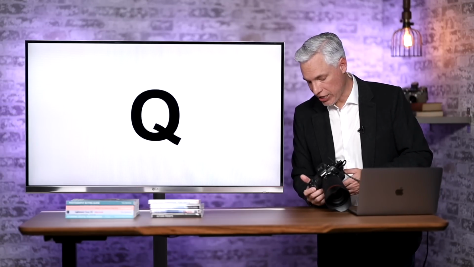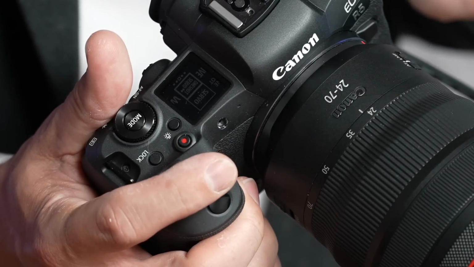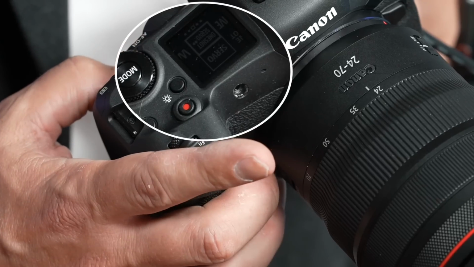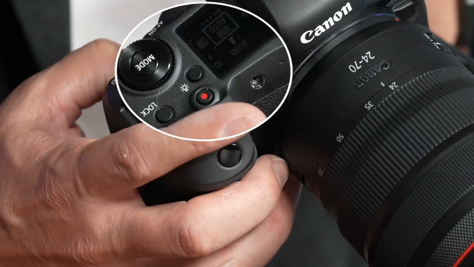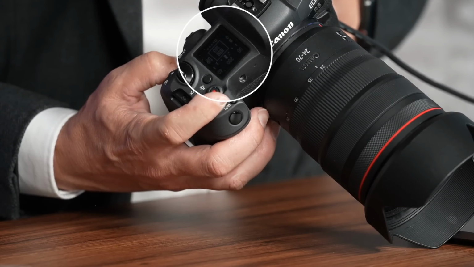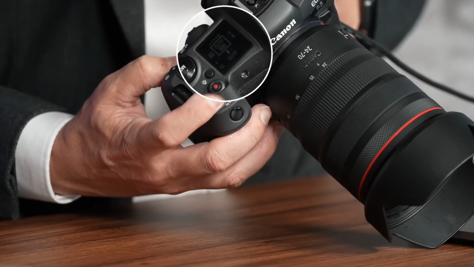Another quick way to change things is this MFN button on the front right here. So just punch that and you can see, without interrupting the shooting screen, you have the ability to switch between a bunch of different settings. Use the dial on the back to control which setting, and then use the dial on the front to control the actual value. So you can see, to change the ISO, I could just hit MFN, scroll to ISO here,